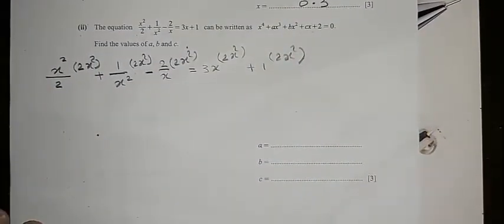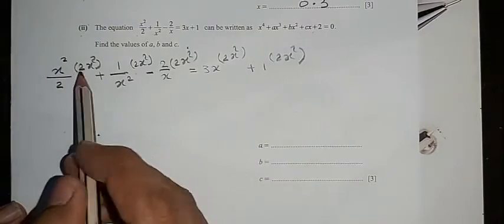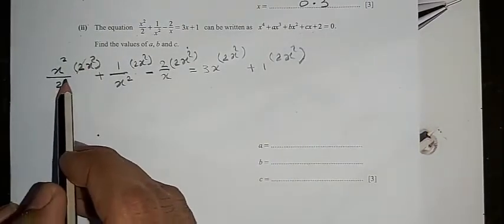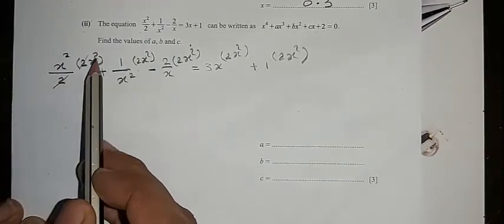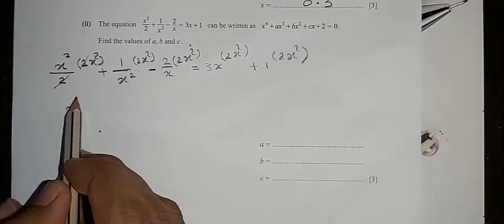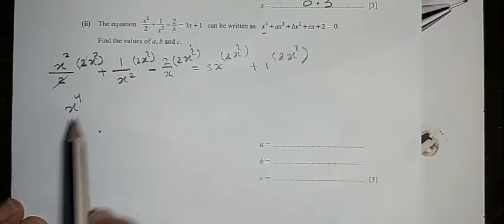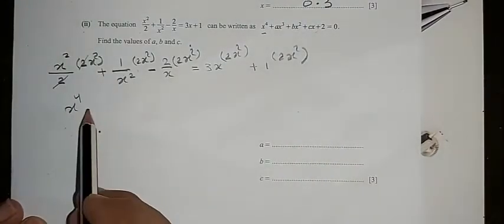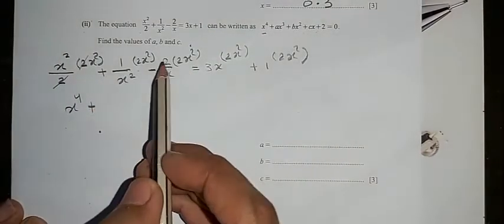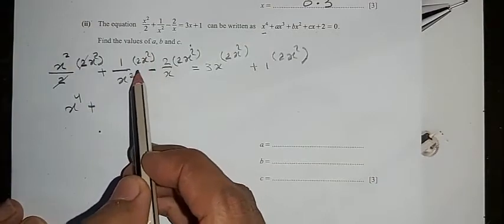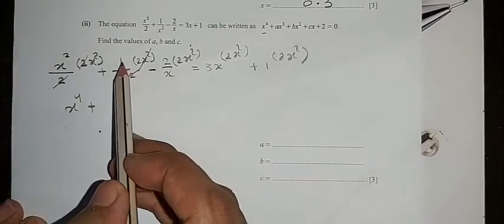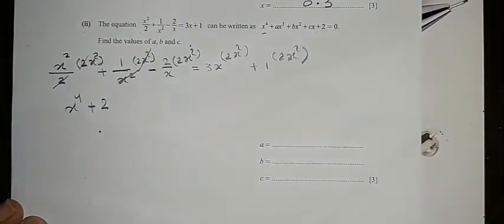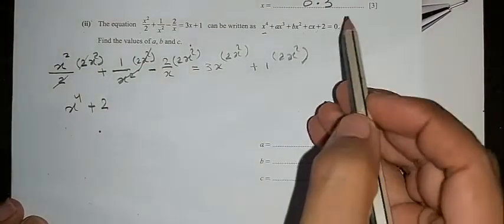We will try to simplify, cancel this 2 with this 2, okay? x to power 2 times x to power 2 is x power 4, okay? This x power 4 here, plus, cancel out this x to power 2 with this x to power 2, and 1 times 2 is 2, okay, plus 2 here, okay,